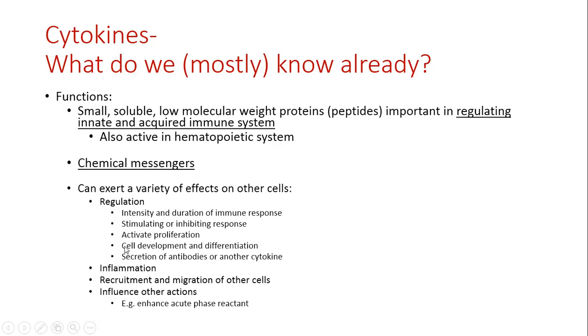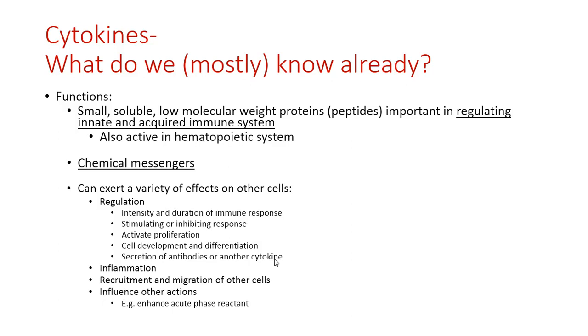We've seen how they can influence cell development and differentiation. And we've seen how they can perhaps act to trigger the production and secretion of antibodies. Or they can even influence the production or secretion of another cytokine. So that regulation and processing of our chemical messengers, our cytokines, those are the effects that cytokines can have on